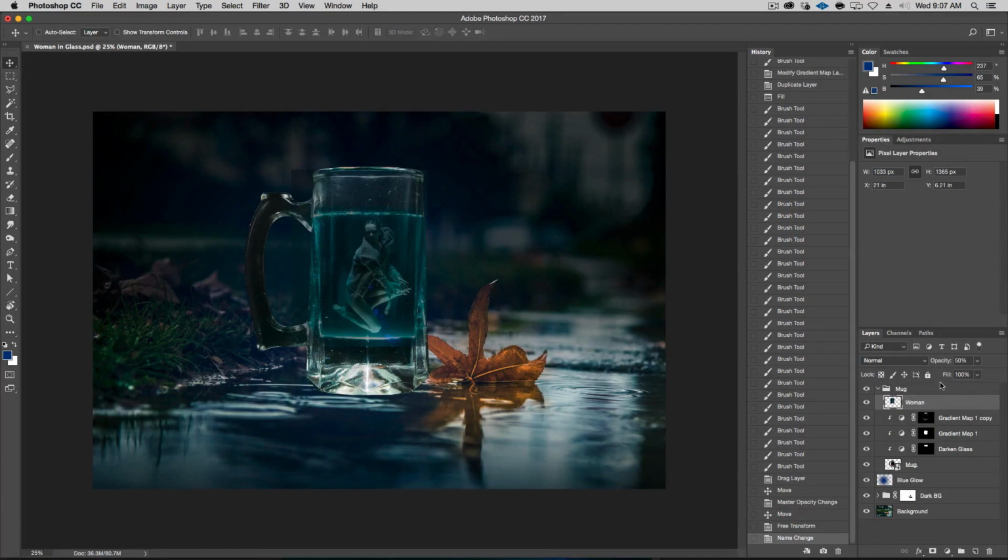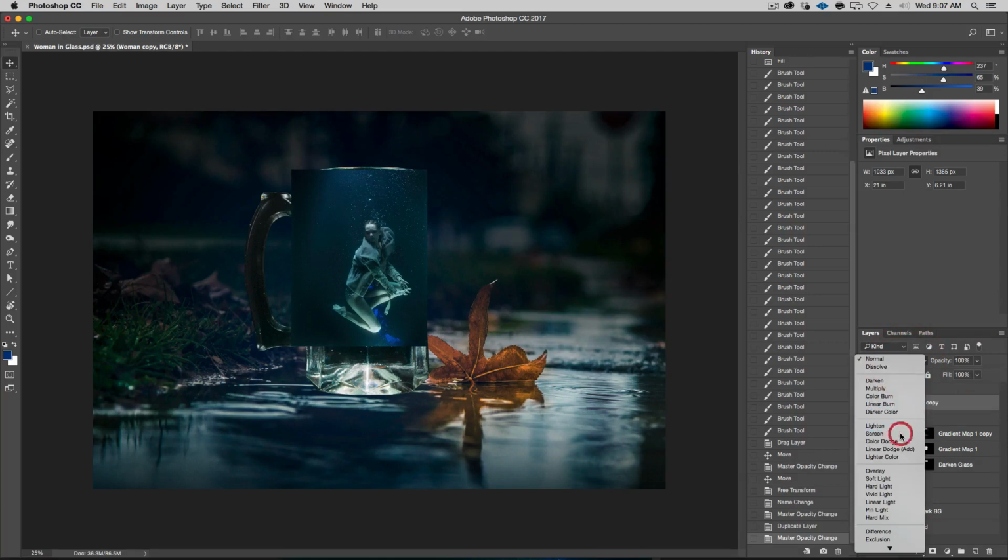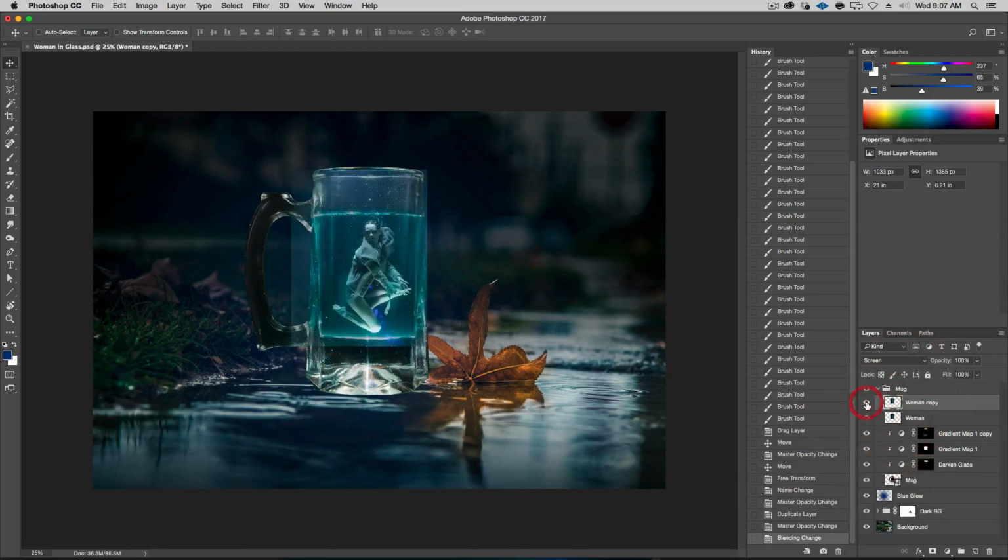And what we're going to do is make a few different layers of her. The first one we're going to do at 35%, just to have a little bit of her in normal. We can change her mask in a second, but for now let's just leave it like this. And then we're going to make a copy here, and this one is going to be at 100%, but in screen mode. All right, so that was before and after. Like I said, we're going to mask some parts out.